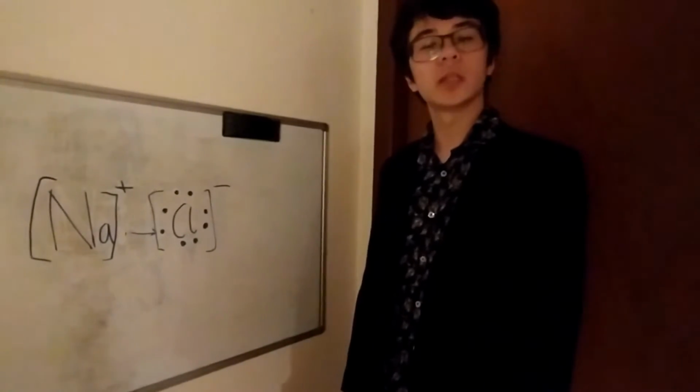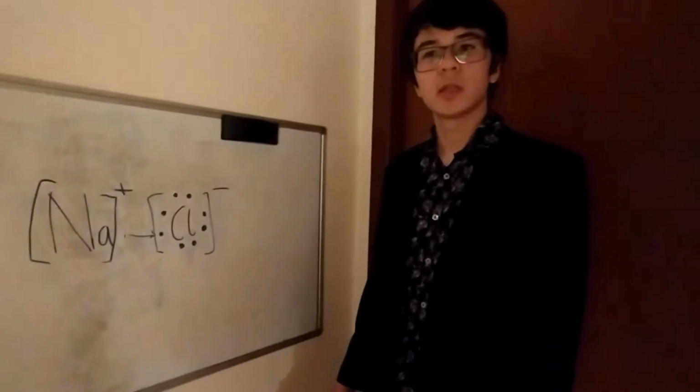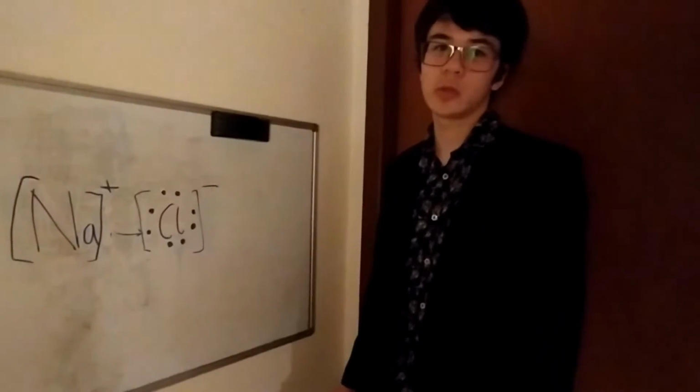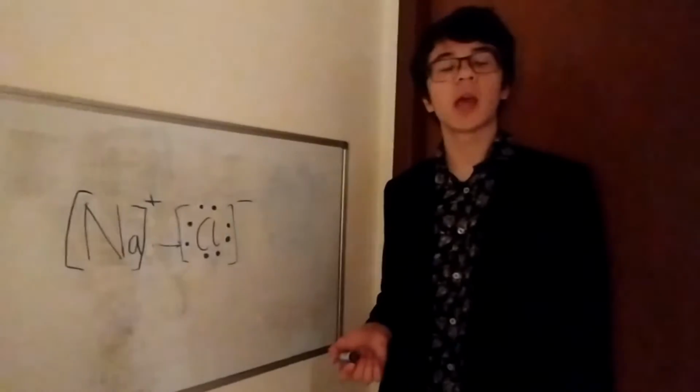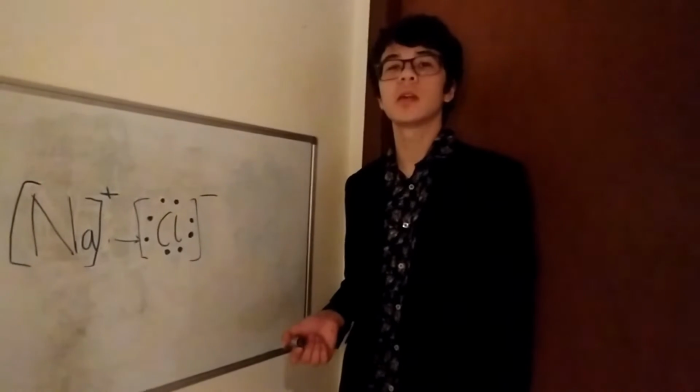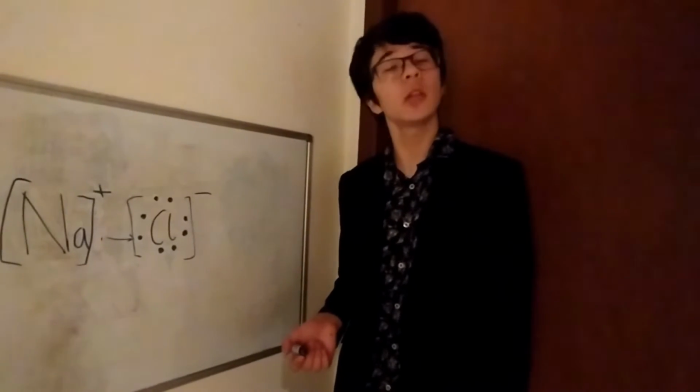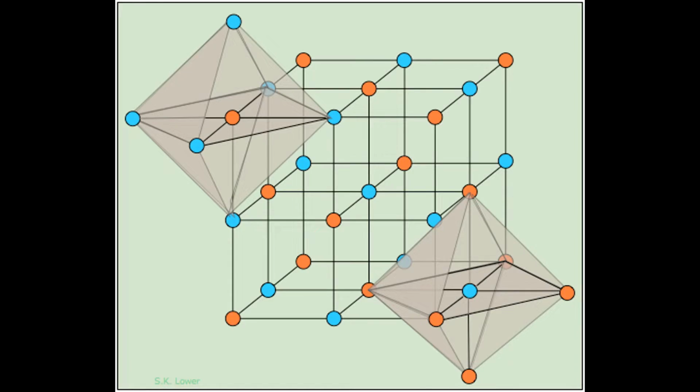What makes ionic bonding stronger is that they can continue to pile up onto each other and make a network. And a network of ionic compounds can become a lattice. Take a look at this. As you can see, every positive ion is surrounded by negative ions, and vice versa. This creates a tight, strong bonding lattice.